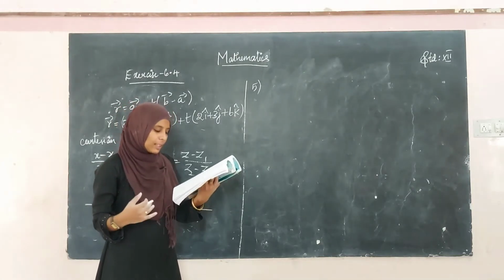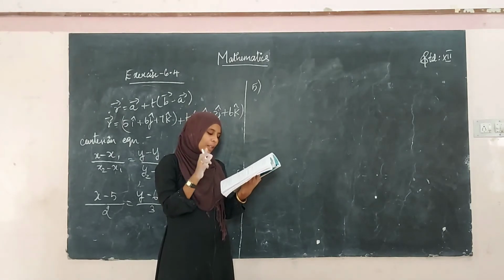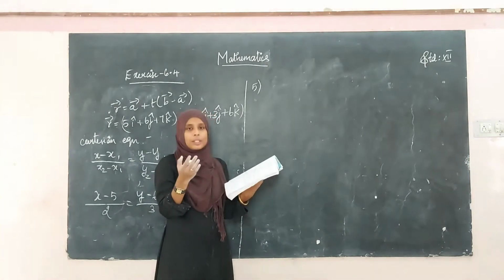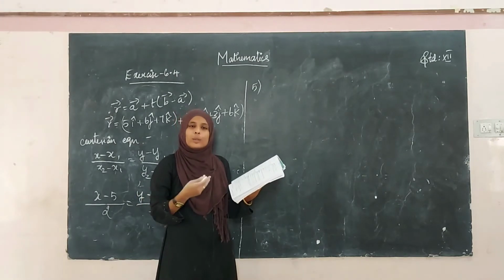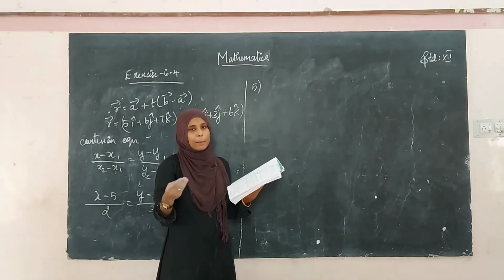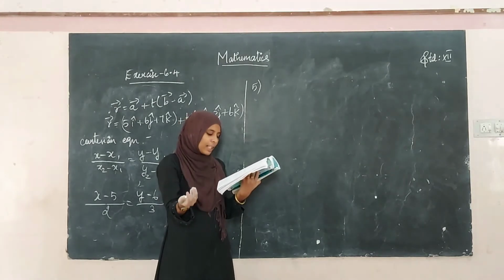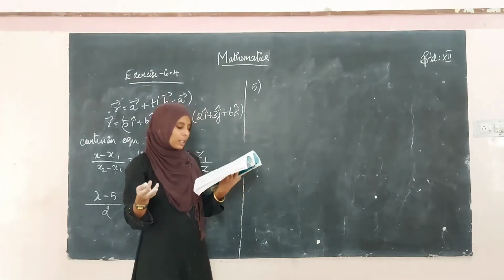In the second subdivision, they have given the Cartesian equation. Cartesian equation means the denominators are b1, b2, b3. Using that you can form the b vector. B vector is equal to b1 i cap plus b2 j cap plus b3 k cap. And see the second equation, it is in the r vector is equal to a vector plus t into b vector format.